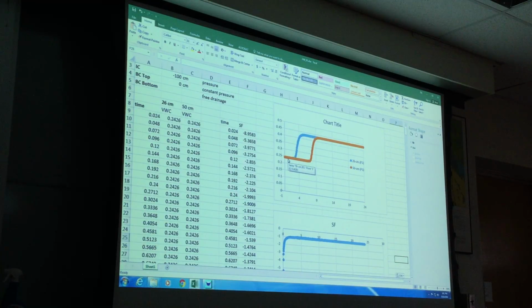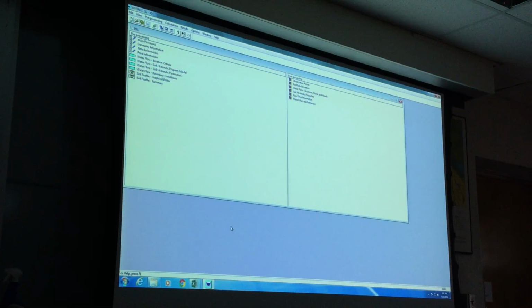Of course, the water takes much longer to reach 50 centimeter depth, so there is a time delay, and then it also goes up. When we go back to Hydrus, is that surface flux of -1 just the maximum infiltration right there? This is because of the soil properties: more water is taken up than we apply. So that's the reason it stabilizes. More water taken up than is applied. So that's the reason it goes not really